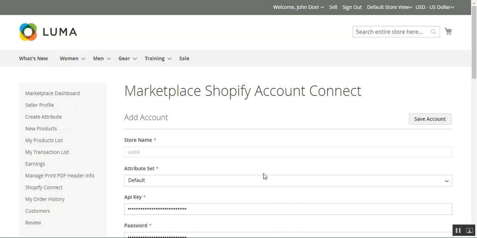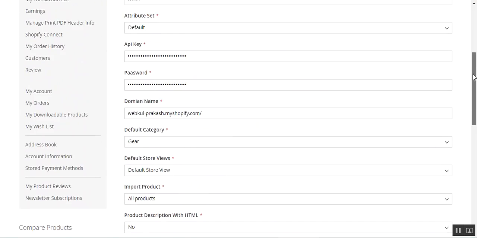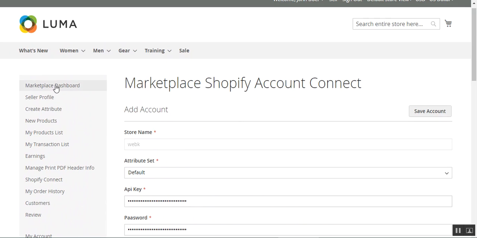Now, first of all, we'll go to the vendor's end, and right now you can see that I've already logged into my marketplace vendor account, and on the left-hand side this block is the marketplace options here, as you can see. Now here, let's see how the marketplace vendors can connect their Shopify account within the store itself